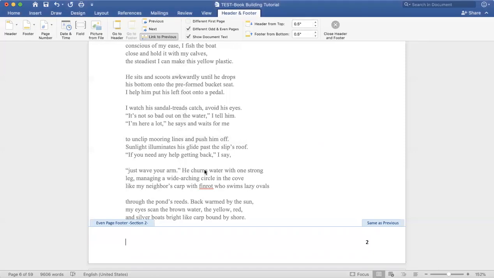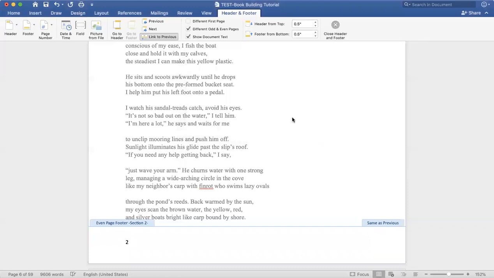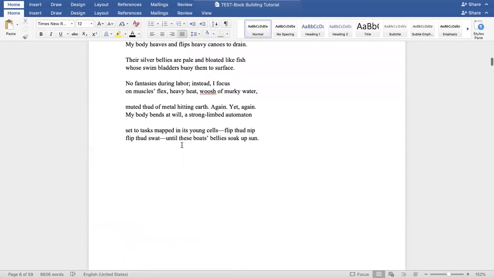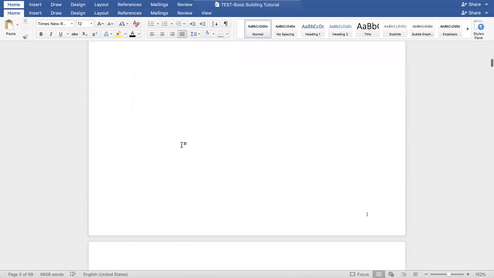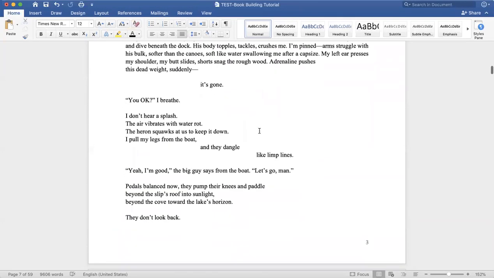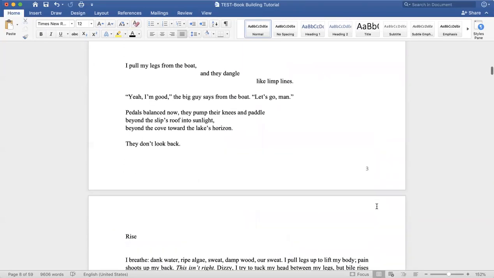Okay. Whoops. I did it for the wrong document. Page number, outside. Okay. There we go. When I'm done working in this area, I'm just going to double click back on my text. And so now I see all of my page 1 is going to be on the right, page 2 is going to be on the left, whoa, 3 on the right, 4 on the left, and it will continue down until I make a